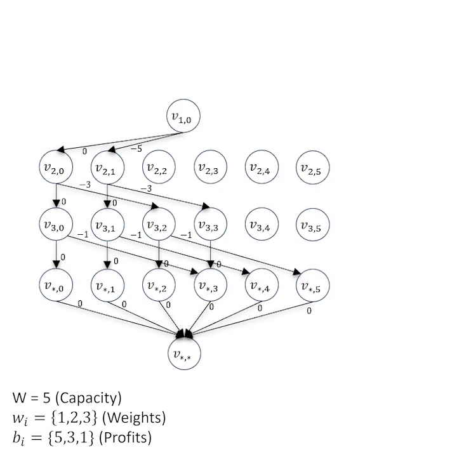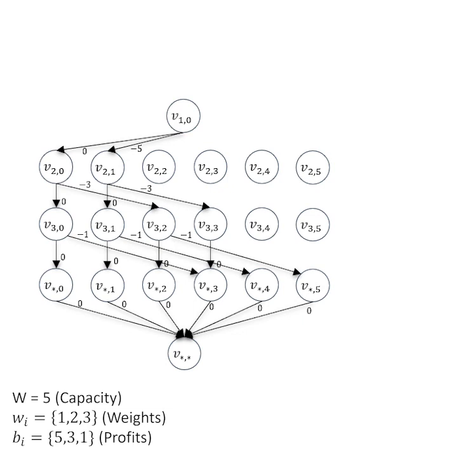Now notice that the final row of vertices we label V star 0, V star 1, V star 2, and so on and so forth. This really just represents the final decision that we make with regard to the last item in the knapsack. So there's no item that we're going to consider in that final row. So we're going to draw from, in this case, V30 to V star 3 if we add the third item into the knapsack, because that item has a weight of 3. So we go from having a weight of 0 to a weight of 3, and it's got a benefit of